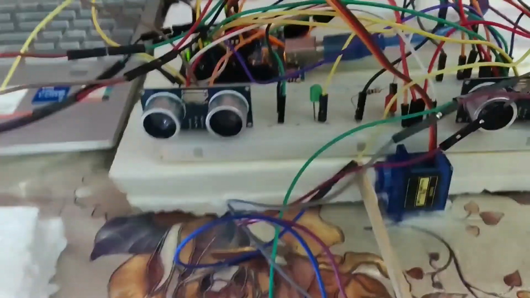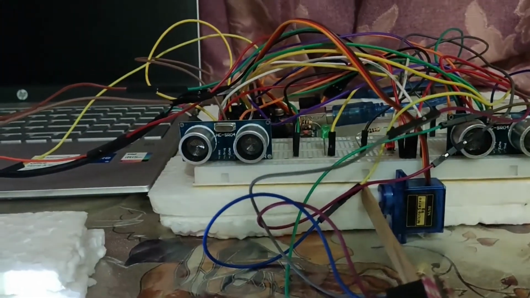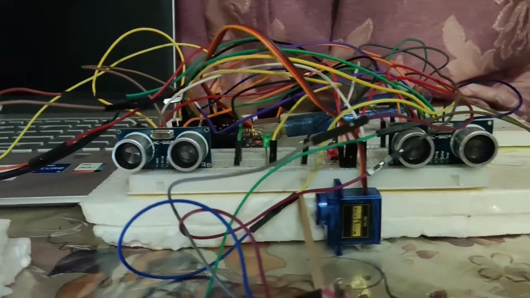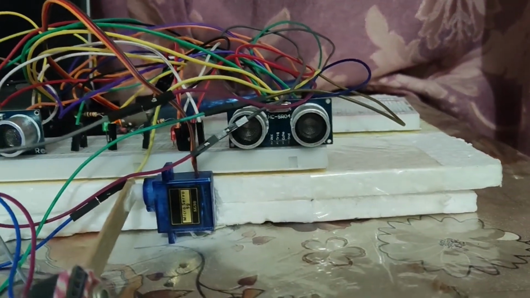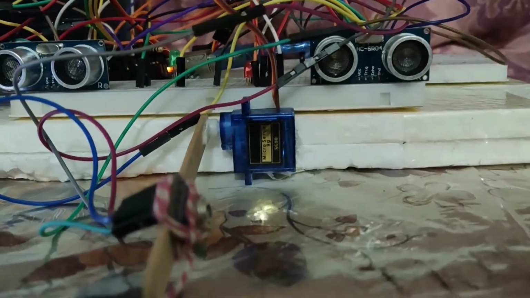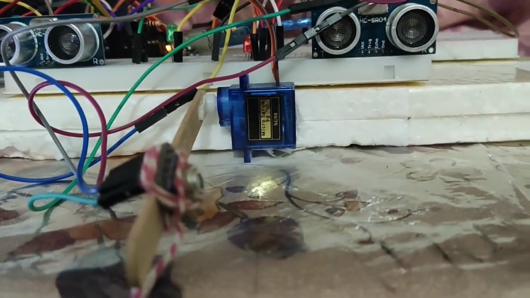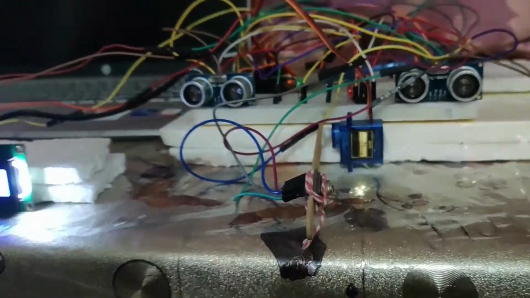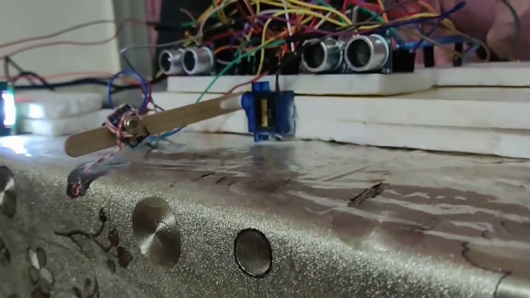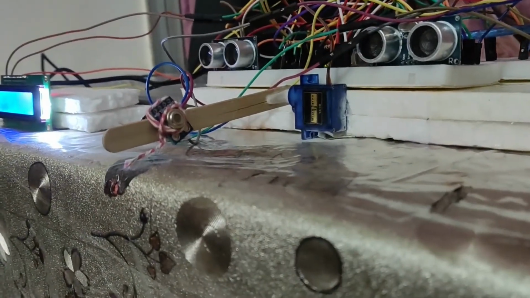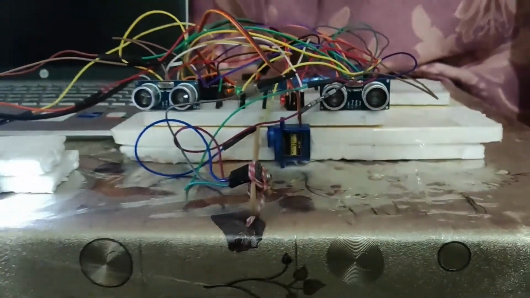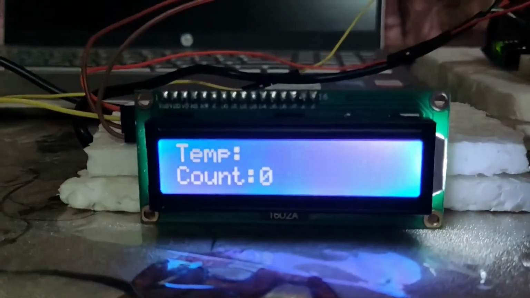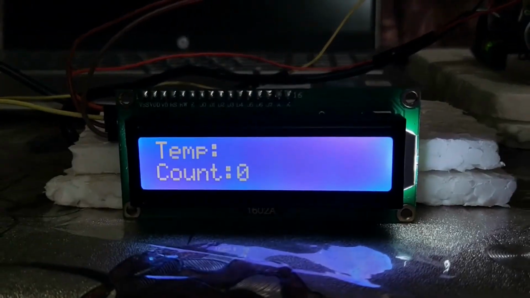The Arduino has two ultrasonic sensors, one for exit, suppose sensor 1, and another for entrance, suppose sensor 2 connected to it. We have used one red and one green LED as indicators. There is a servo motor that serves as our gate. Our IR temperature sensor is attached with the gate. Finally, we have a 16:2 LCD display here that shows the body temperature and the count of people currently residing inside the room. Without further delay, let us move to the demonstration.